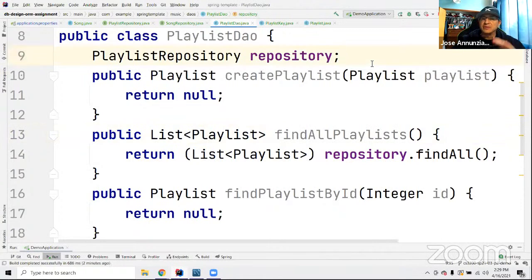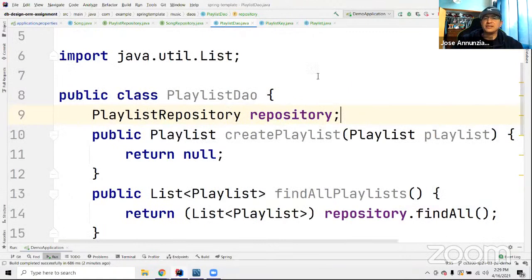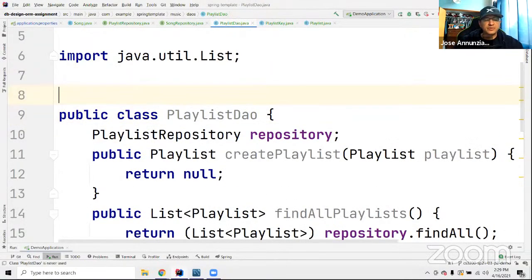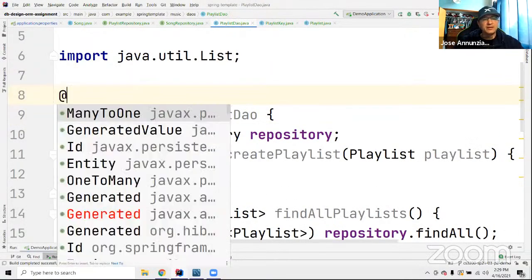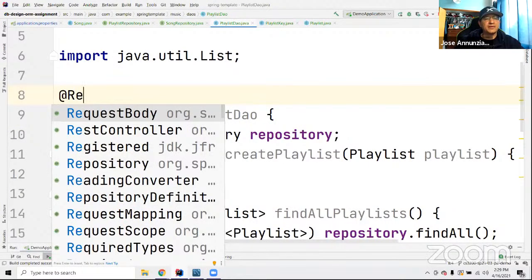So how do we use this from the outside? We could do it from the console. We could compile it into Java Swing code. There are different ways. I'm going to use React.js for the front end. The way React.js invokes these things is through an HTTP request, and that's easy. We can just make this a REST controller,